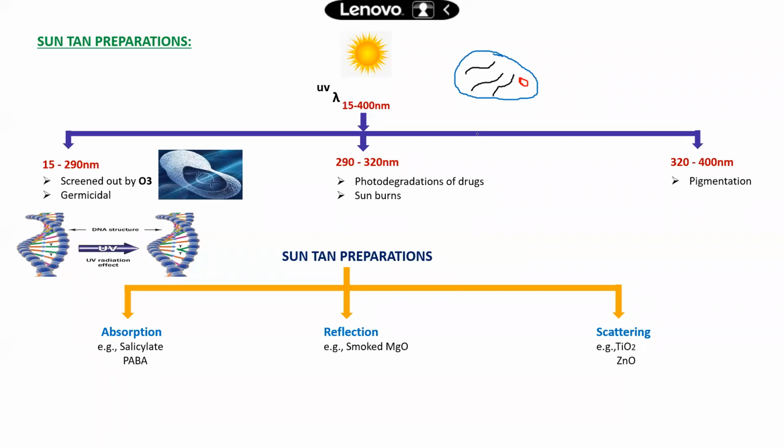Now, friends, tell me, which UV rays actually help to synthesize this melanin pigment? To synthesize the melanin pigment, the nucleus also needs some UV rays. Actually, the melanin pigment is synthesized inside the nucleus and released into the cytoplasm. From the cytoplasm it is released out.